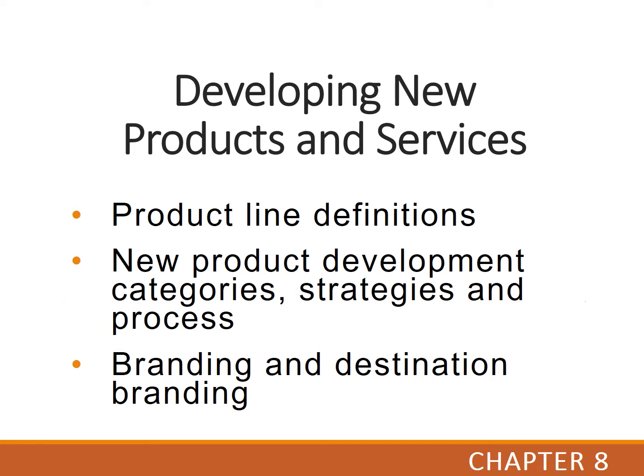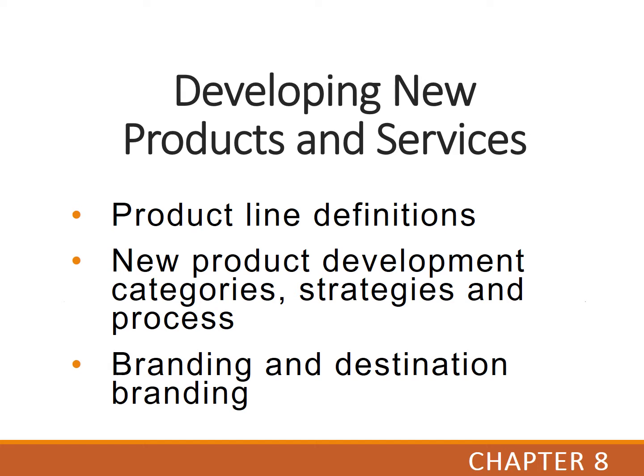There are a variety of topics discussed in this relatively short chapter. However, the topics generally fall into two categories: new product development and branding. Under product development, they talk about product development strategies, product lines, organizing for new products, product development process, etc. Under branding, they have brief discussions on what is branding, co-branding, and destination branding. Today we're going to focus a little bit on some of the material in both of those two major areas,